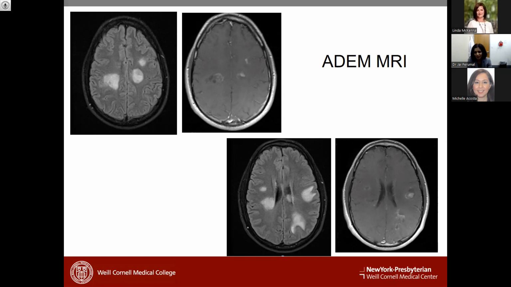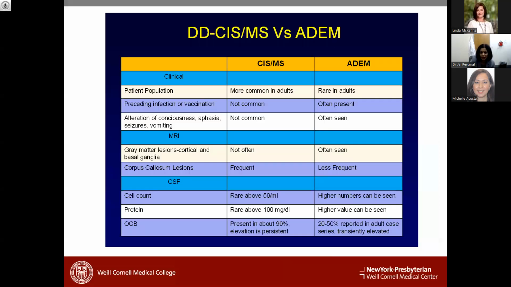On the other hand, if you're diagnosing MS, what you're implying is that this is a recurrent disease. So even after the first event, you're going to start them on an immune suppressive treatment so that they don't have any further relapses. So these are the differences between MS, or what we call the first attack of MS, which is called clinically isolated syndrome. It's essentially just MS and ADEM.